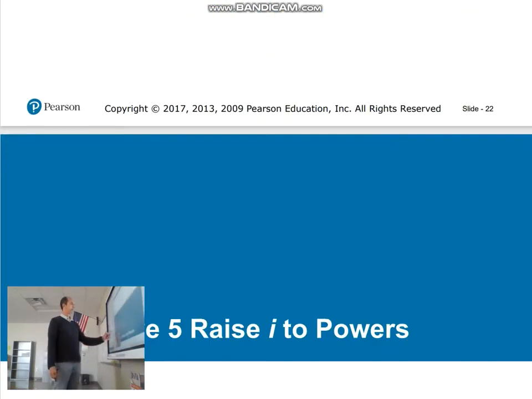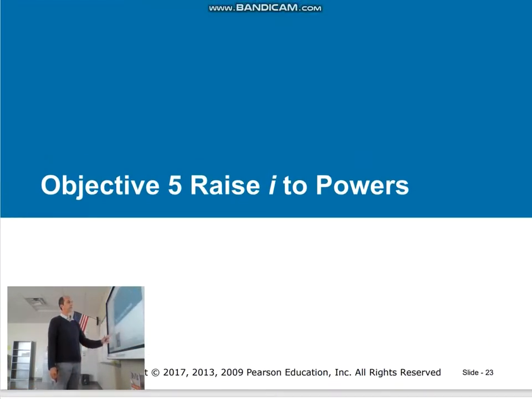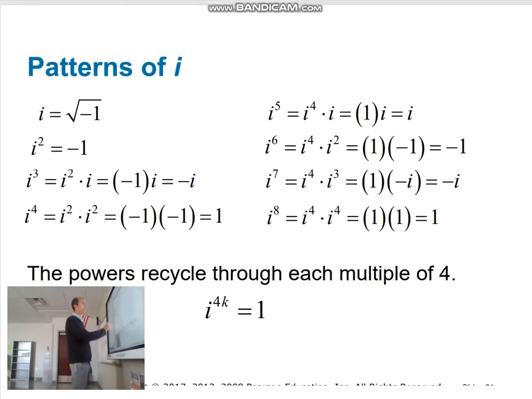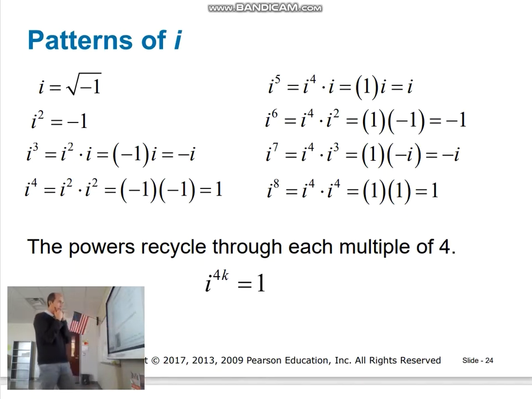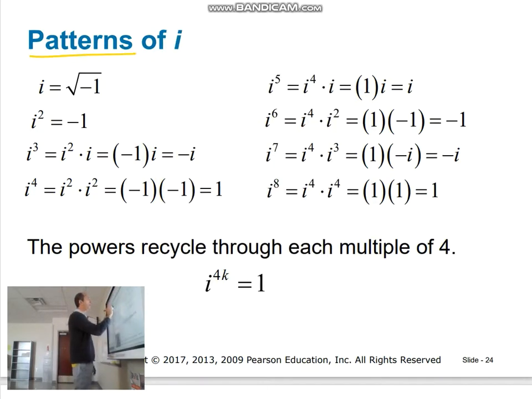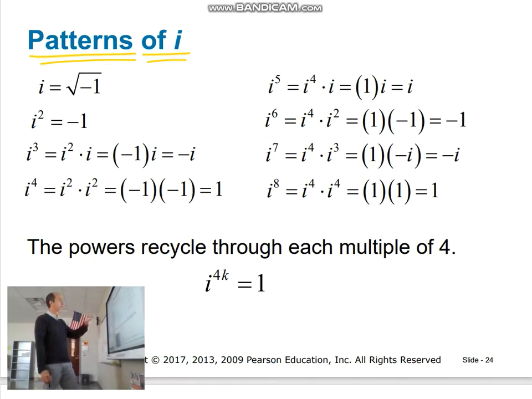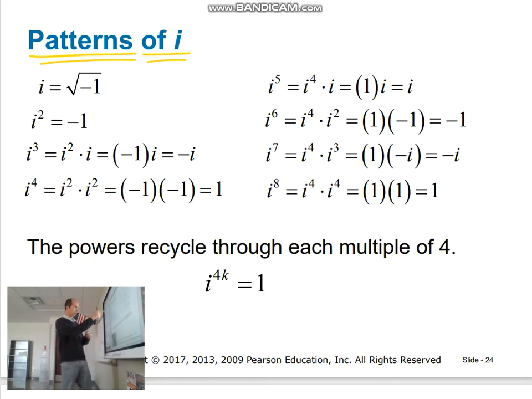Okay, moving on. The next objective, number 5, raise i to powers. We need to look at it and identify the patterns, okay? So you're going to be able to understand. As long as you understand, you can identify the patterns. We learned that i is equal to square root of -1, okay? And we found out that i squared is -1. Now, if you want to do it yourself, you can multiply -1, which is i squared, by i, and then you're